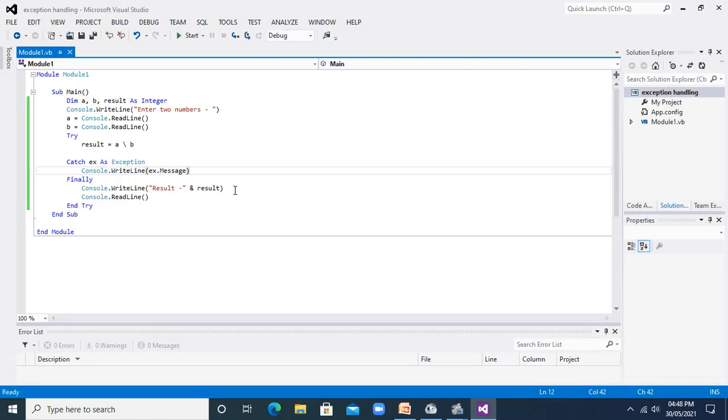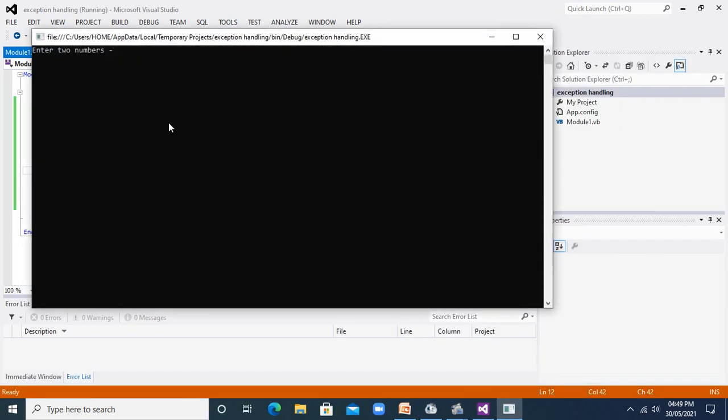For that we have the mod operation. And if I give my second number as 0, let us say 5 and the second number is 0, it will give me the error: attempted to divide by 0. So this is the message which is given by our system. So our exception has displayed the error message that we are trying to divide by 0.